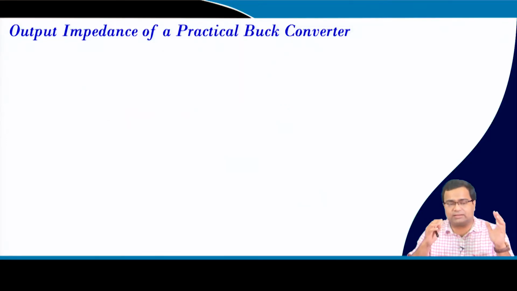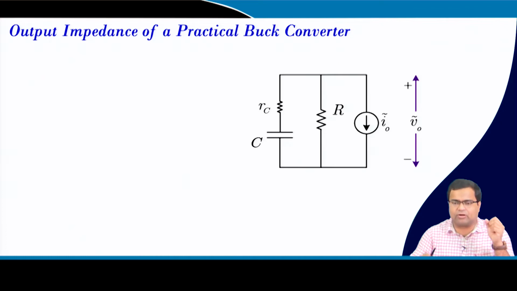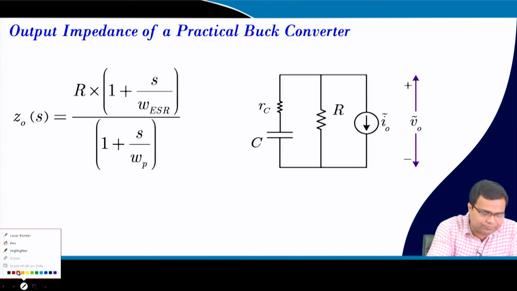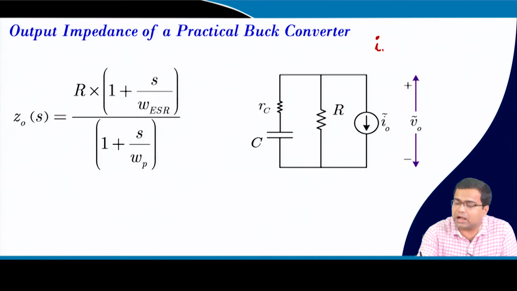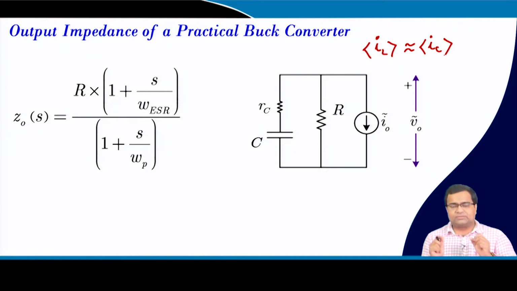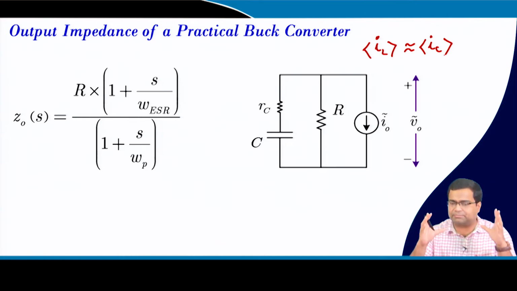So, if we look at the very first, I think in week 6 in the model development, we talked about the simplified model under current mode control with closed current loop, where we have considered the approximation that our average inductor current is approximately equal to the control current. That was our approximation, and with this approximation we got a very simplified model, and the output impedance looks like this,